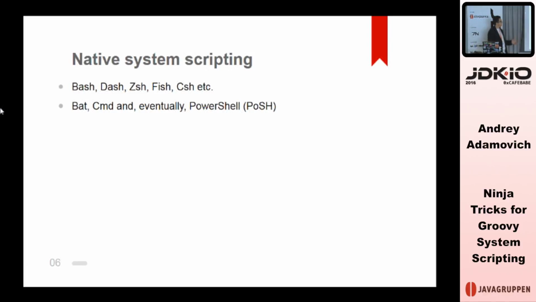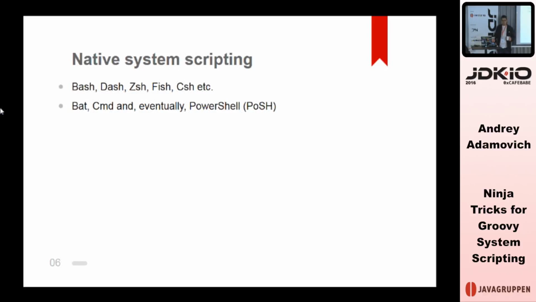And if we're talking about Windows environments, of course, there are bat files and CMD files and eventually PowerShell files, which call themselves Posh. And recently, like a month ago, PowerShell was released on Linux environments, so you can actually use PowerShell in Linux now. And you could use Bash on Windows environments for a long time already. There were some announcements that maybe Microsoft created a new version, but actually it was possible to use Bash on Windows for a long time. So yeah, native scripting is kind of segregating, uniting,